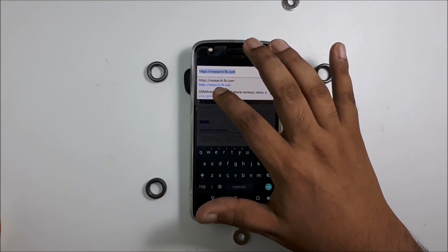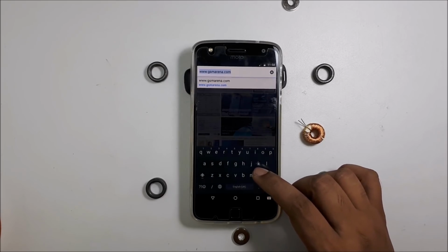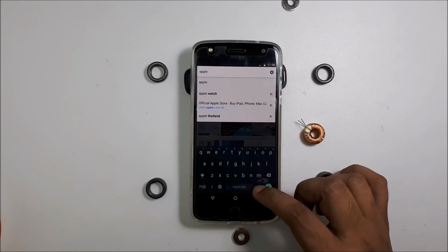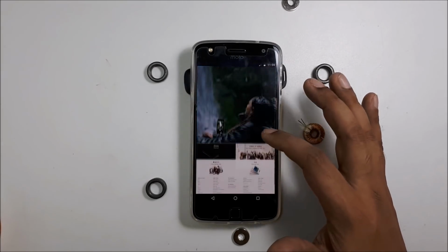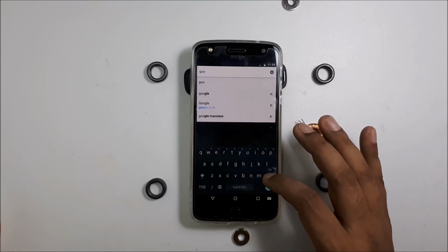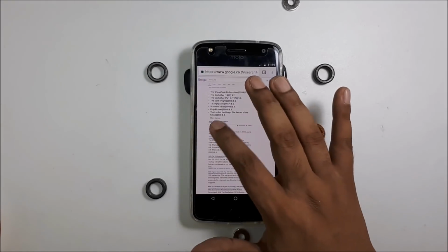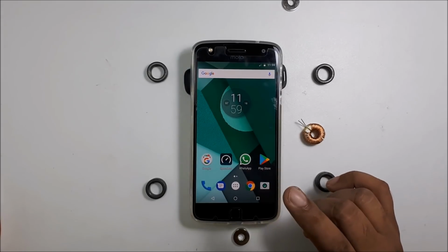and you can see here, let's try some website. It's coming up. Let's try some new website, and you can see here, for example, Apple Store, apple.com. So you can see here, whatever, I can open Google or IMDb top 100 movies. So the internet is working,